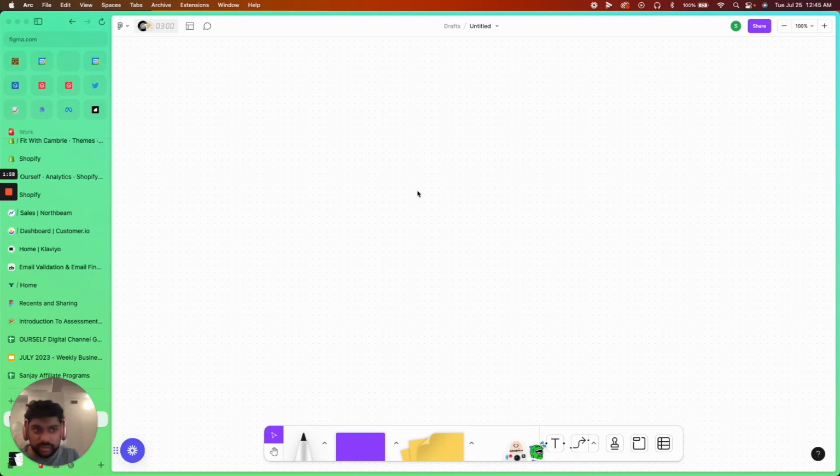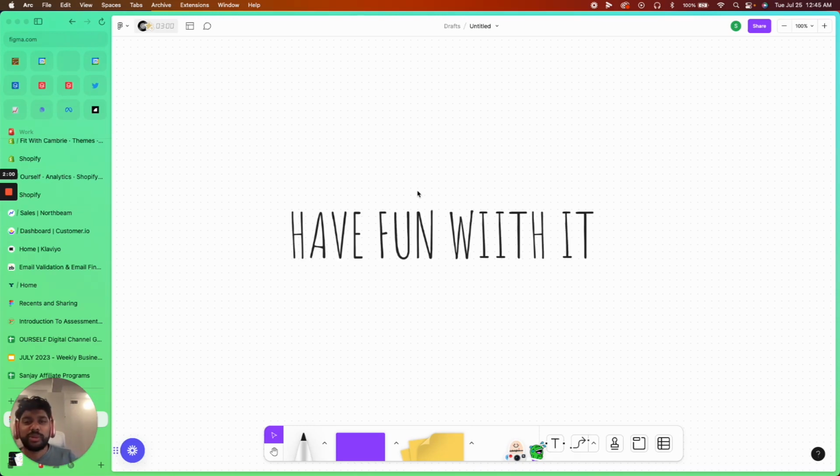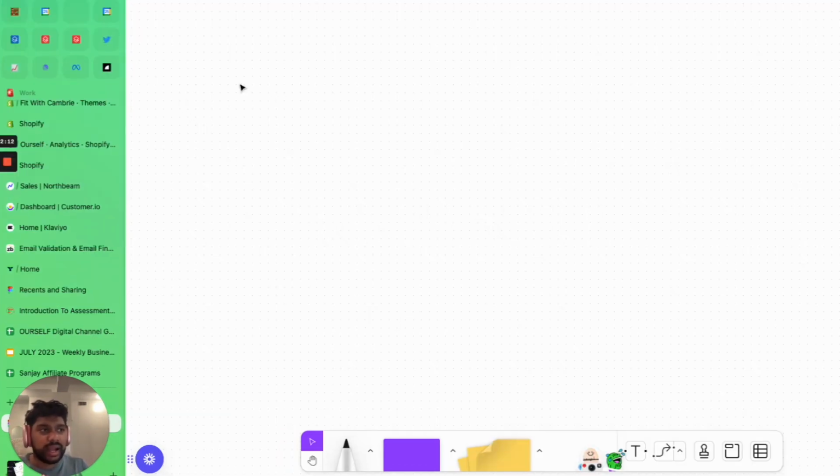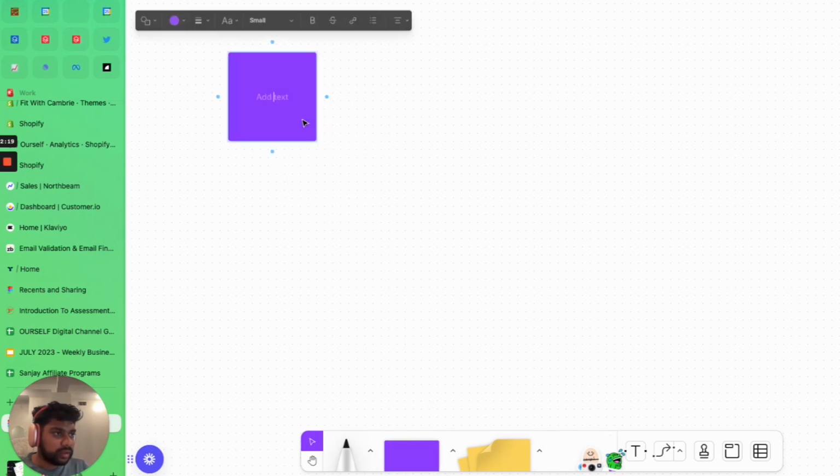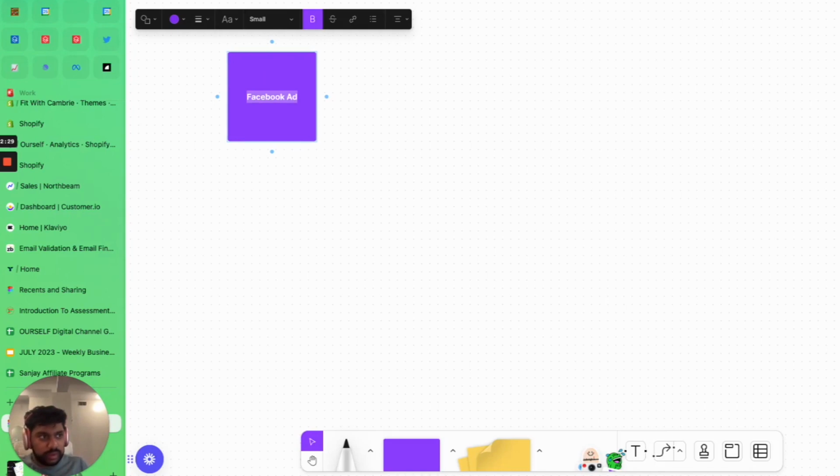So I feel like I've properly seasoned the stage, kind of set things up nicely, and now we're going to jump right in. And I'm just going to start drawing, actually. So one of the first things I like to do, you can kind of go at it a couple different ways. I think it's really easy to just start pulling in what's step one, right? So step one is, let's see, Facebook ad. All right, so customer sees a Facebook ad. Great. And then from there,